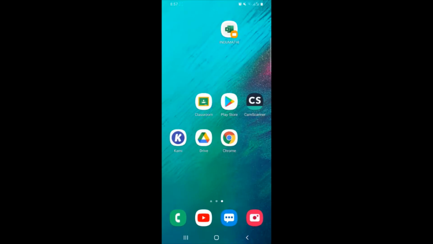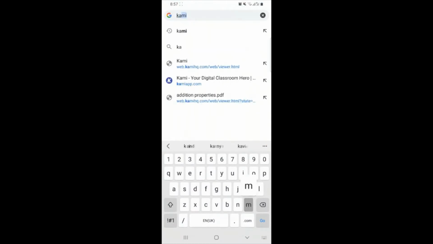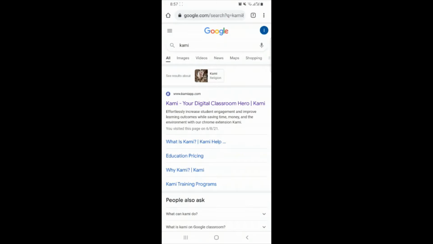The next we have to install is the Kami extension. So we are going to click Chrome browser. There you can type Kami. So you can see the first one actually kamiapp.com. So click that one.